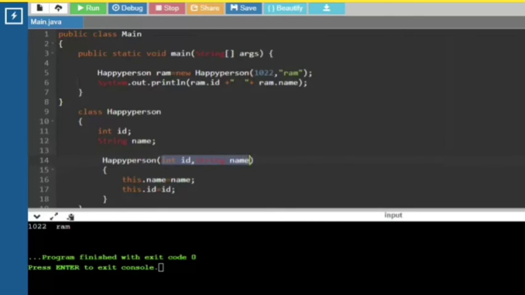So for giving default object values, we use this method, this dot name. The this keyword uses the parameter passed to the constructor and saves it in the name for this object Ram. So when we call Ram dot name, you will get the value of the name that is given here in the parameter.